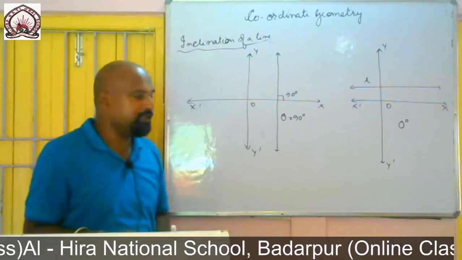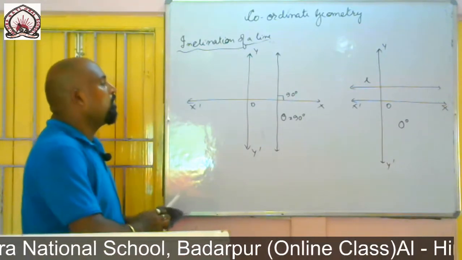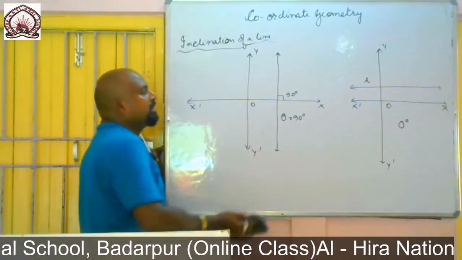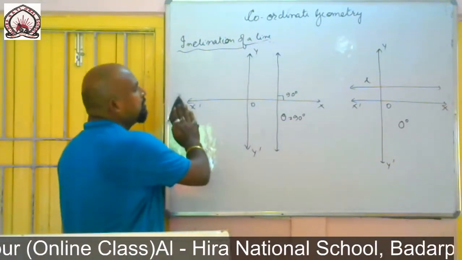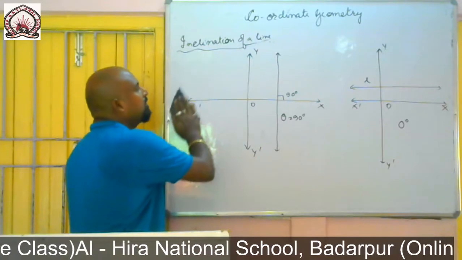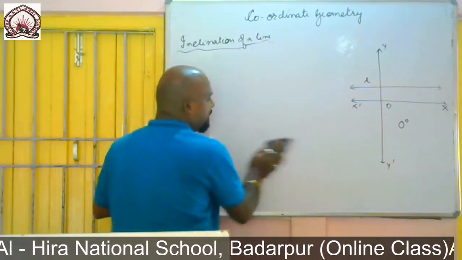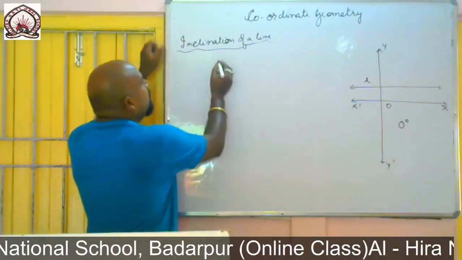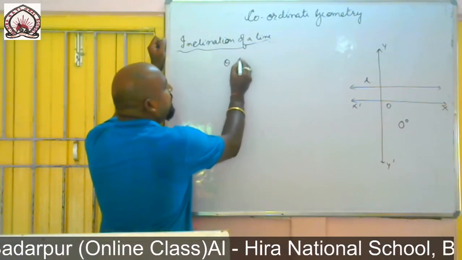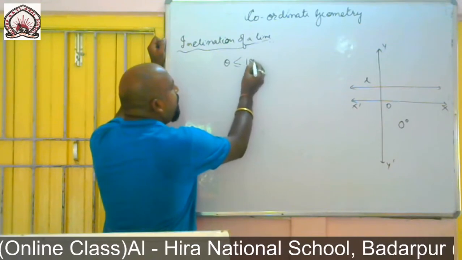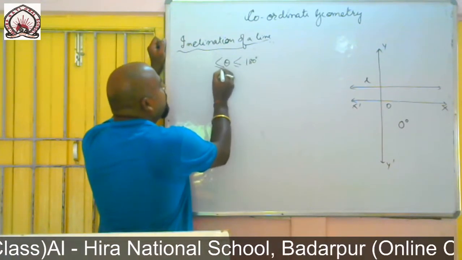Now the question arises, what will be the maximum and the minimum value of the angle theta? Let us consider, see here. The angle theta lies in between 180 degree and